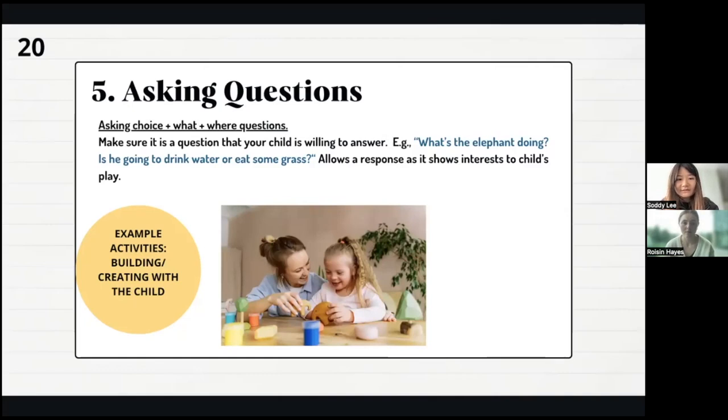in their activities. For younger students, while playing with animal figures, you might ask, "What is the elephant doing? Is he going to drink water or eat some grass?" This type of question encourages the child to think about the actions of the elephant and express ideas in a